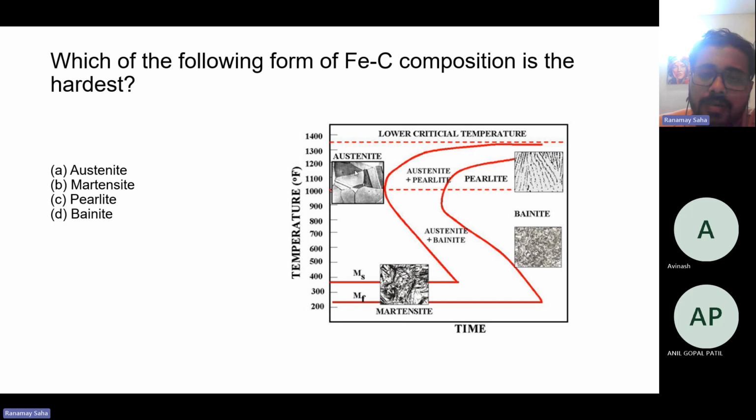Suppose you start cooling down austenite at a particular rate up to somewhere around 650 degrees, and then you hold it here for a longer time. What you will see is that at this particular time point, bainite starts forming, and then if you again cool down austenite to around 1000 degrees and then hold, you immediately see pearlite starts